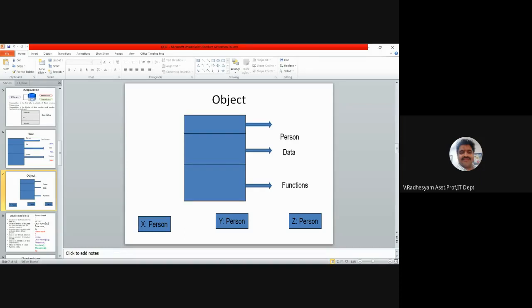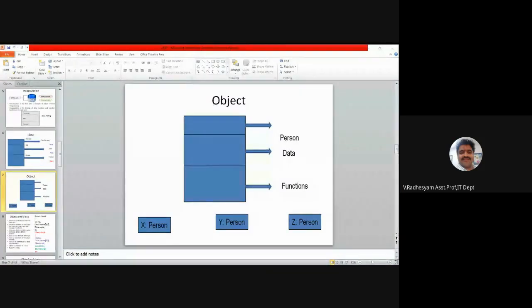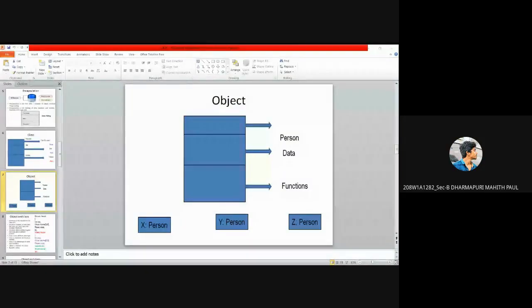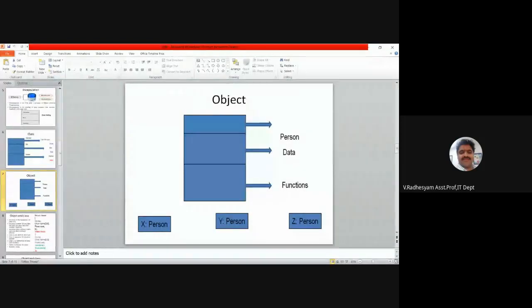Sai? Instance of a class, and after completing the class, we create a variable. That variable is an object. How can we define an object? Instance of class. No, I am asking you to define an object.